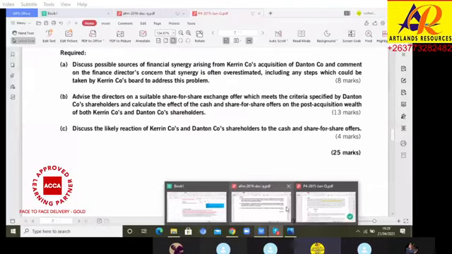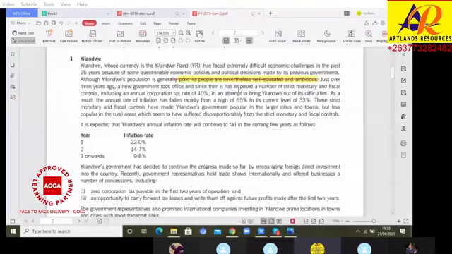These strict monetary and fiscal controls have made the Ilandwe government popular in the larger cities and towns, but less popular in rural areas, meaning it is popular in larger cities and towns, but less popular in rural areas. All this information is,